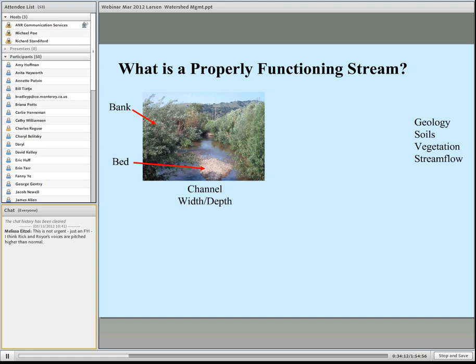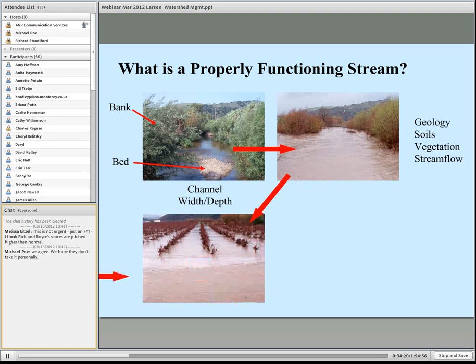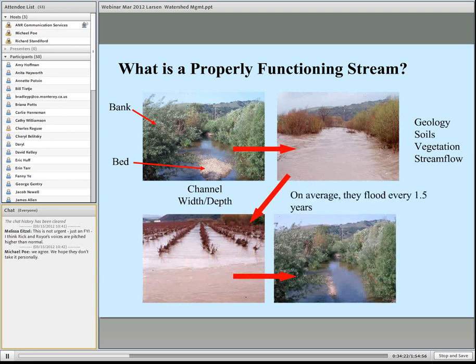But what a stream has to do is deal with the energy that it is given. And it's mostly in the form of kinetic energy. And that formula for kinetic energy is 1/2 the mass times velocity squared. The velocity is the key. As velocity is doubled, then you say you go from 1 mile per hour velocity up to 2, well, you have 4 times the energy. But when you go from 1 mile per hour velocity up to 3, then you have 9 times the energy. So it's an exponential function.